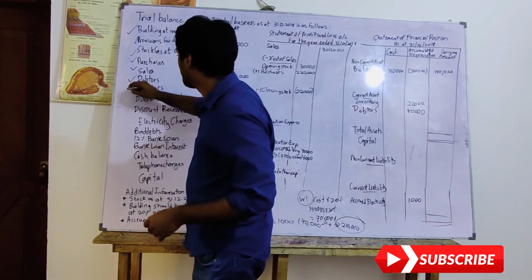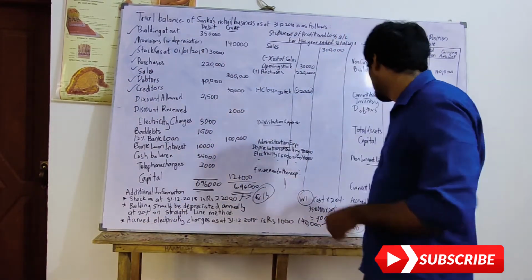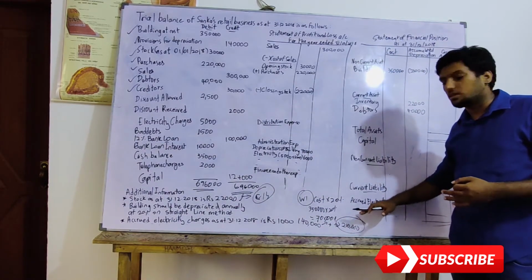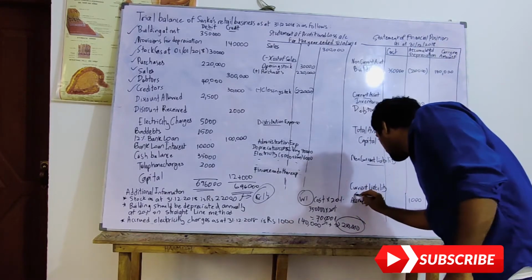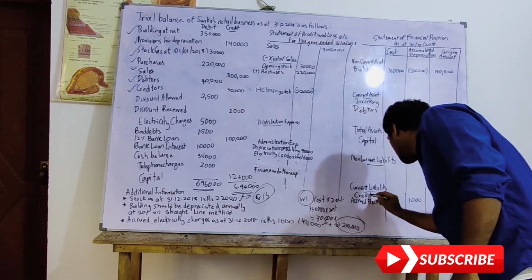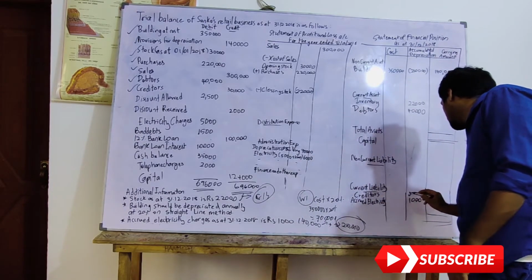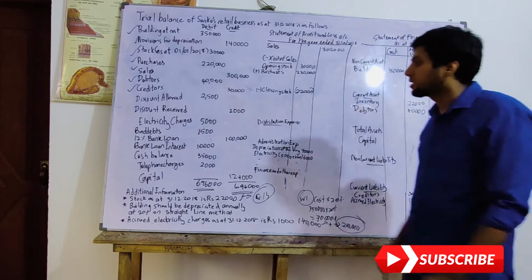Creditors, also known as trade payables. You can write creditors or trade payables, that's not a problem. It's 30,000. It's a current liability. Always remember to leave a space whenever you are doing current liabilities. First thing you should write is creditors. So I'll write here creditors. How much is creditors? 30,000. So I'll record here 30,000. So that's done. Then we move on to the next part.